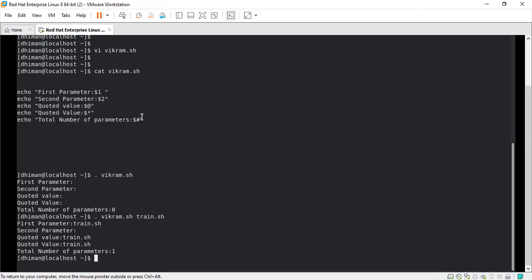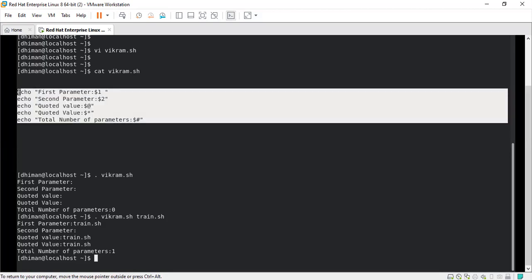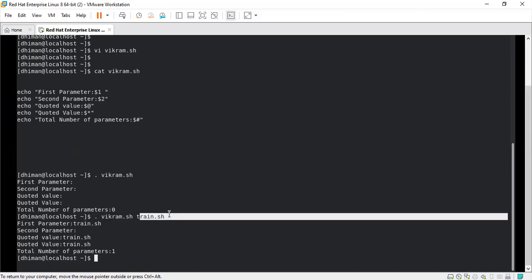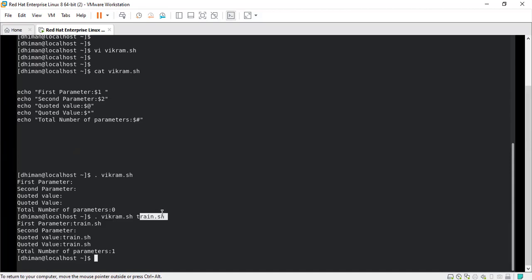So I'm taking the attributes of the script which I have already written, that is train.sh, and with this script, that is vikram.sh, I could read the parameters of train.sh, right? So I am writing a script to read the content of another script, and then I have executed that.